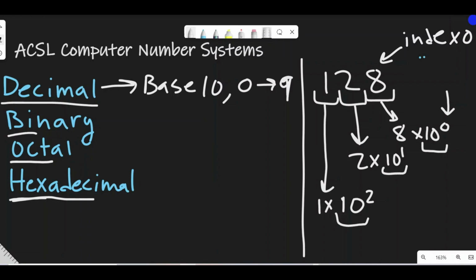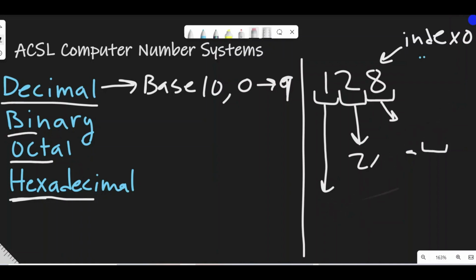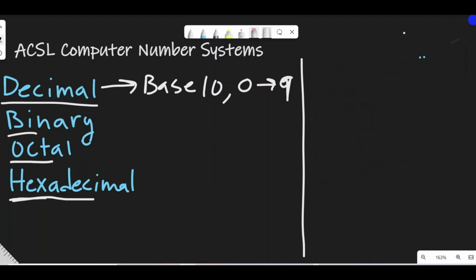And that's why we call this a base 10 system, since each place increases by a factor of 10, and we simply increase the exponent at the top to register which place that we are trying to talk about. So if you add all these numbers up, we get the same value, 128. So now that we know that, let's try to figure out how to calculate the base values of other number